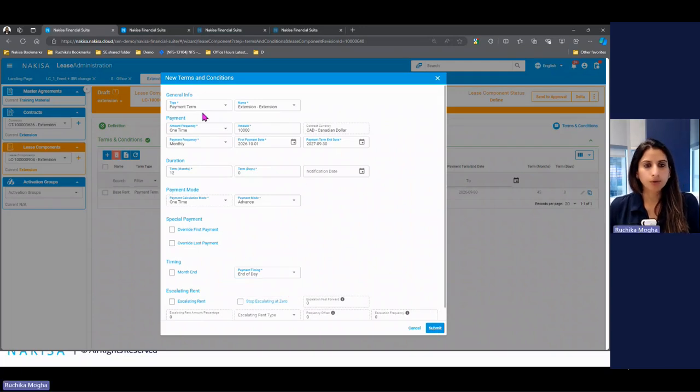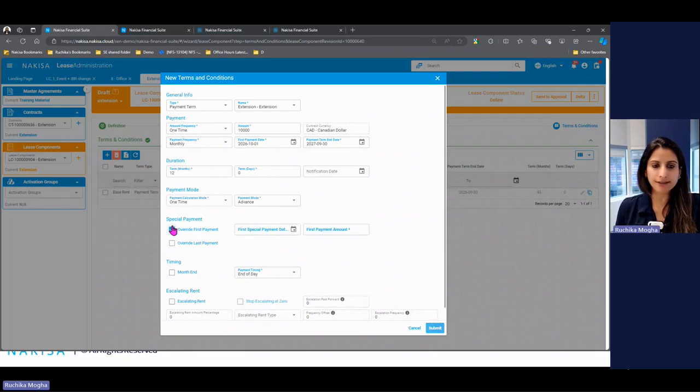Okay, so we selected the type, payment term, extension, amount, frequency to be paid: one time $10,000 on a monthly basis, starting for the 1 more year. I'm extending the contract for 12 months. And these are additional settings that you can complete if you have a special payment. For the first payment, if it's a special different payment than $10,000, you can click on this